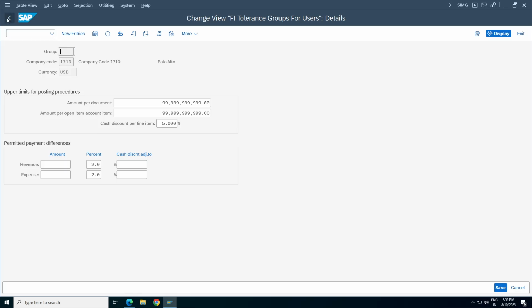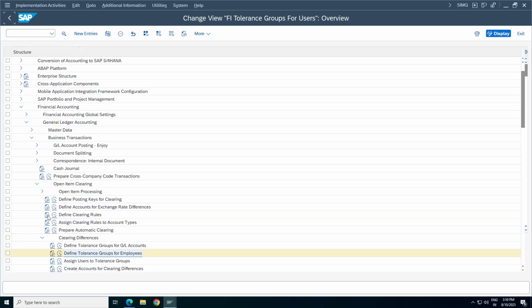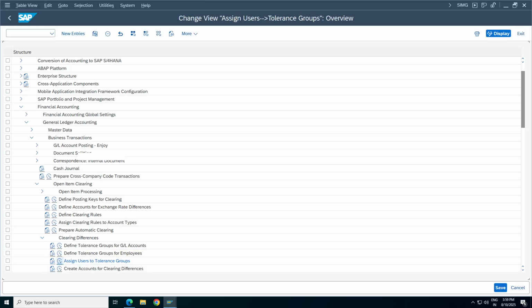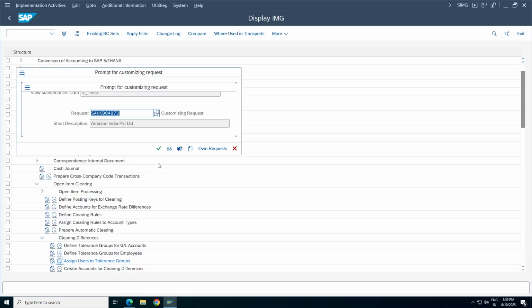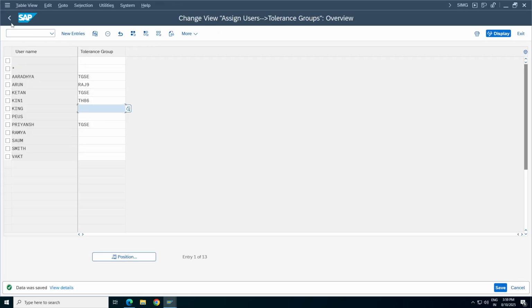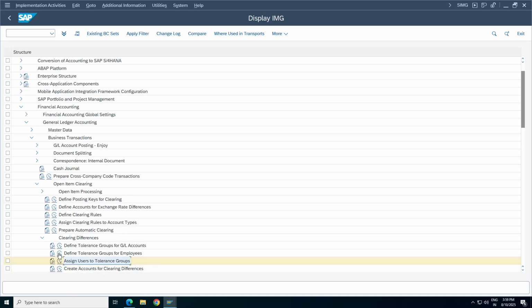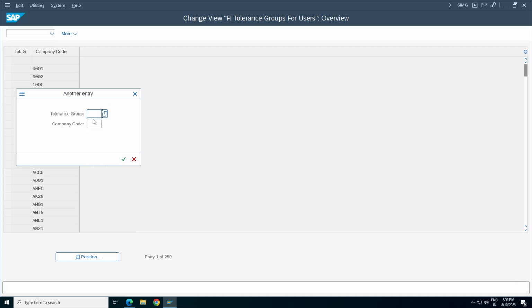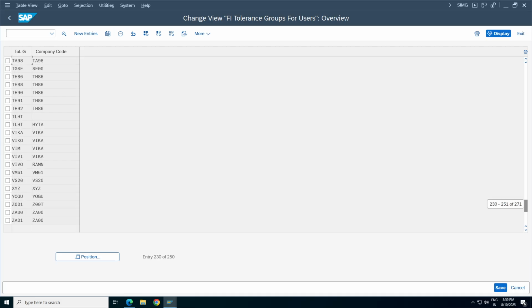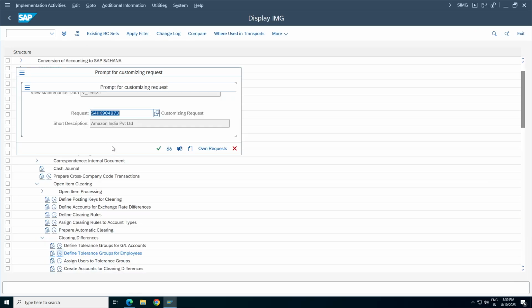So I'll remove this one and assign users to tolerance group from here, because many users are working on the same user ID and password. In real time we assign only one time, but while practicing it is asking me again to assign it.